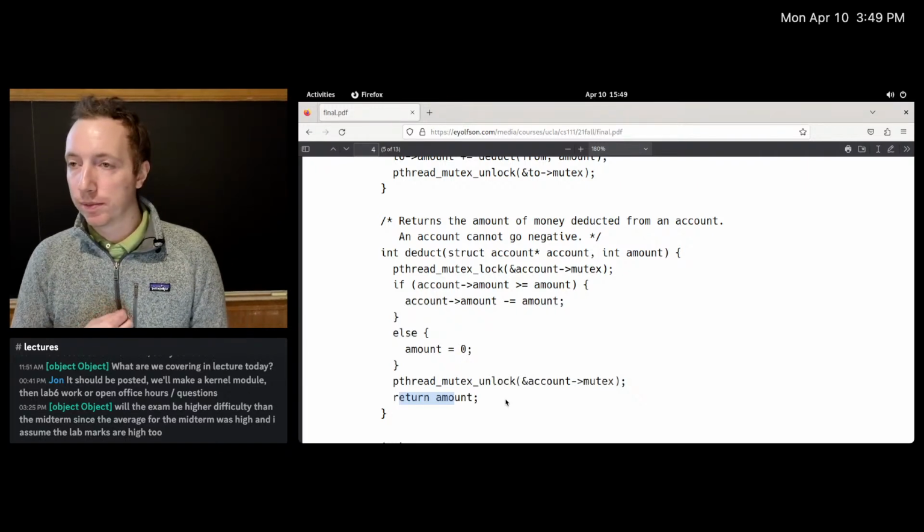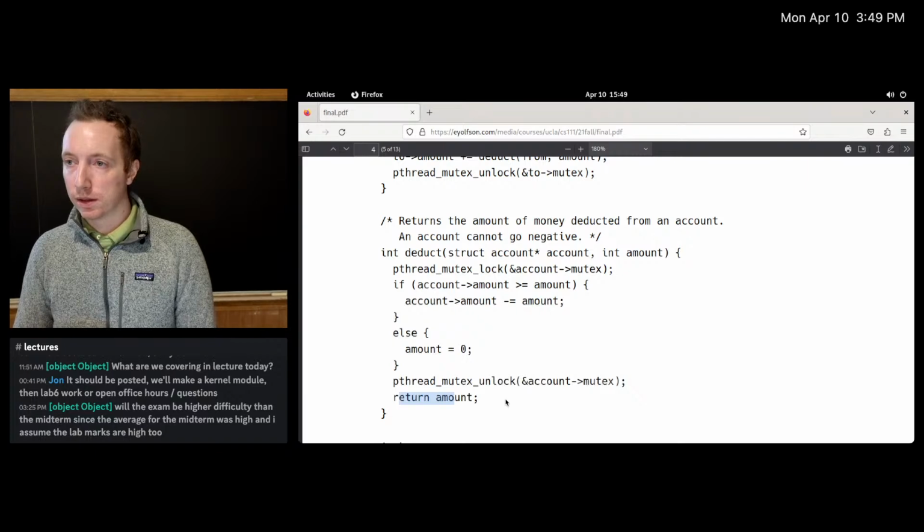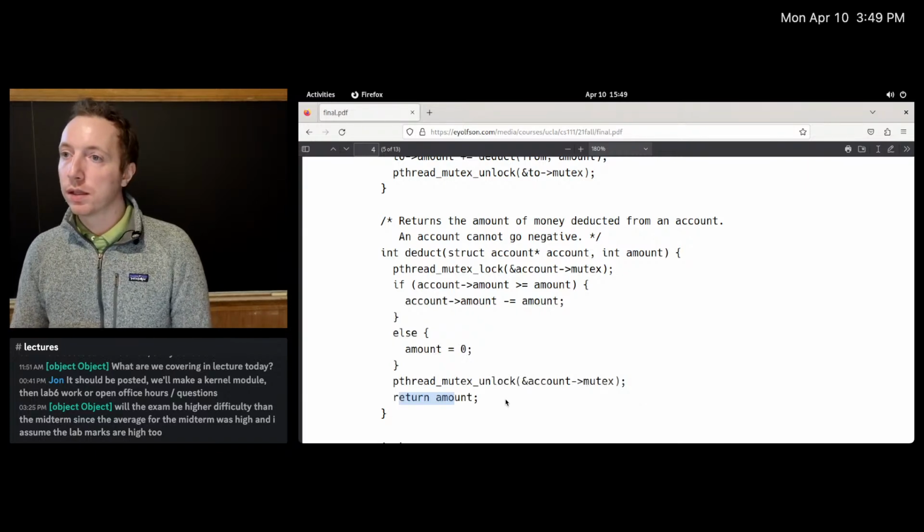Yep. So like for the transfer function, you didn't have a lock for the from account. So what if when you are deducting and then the